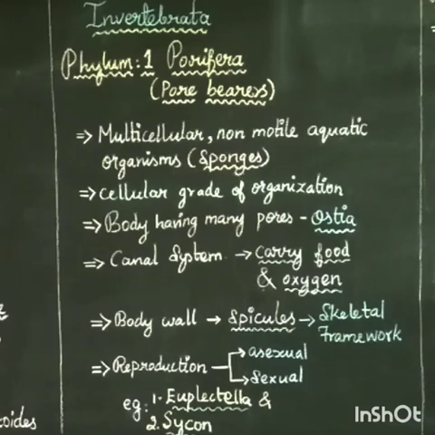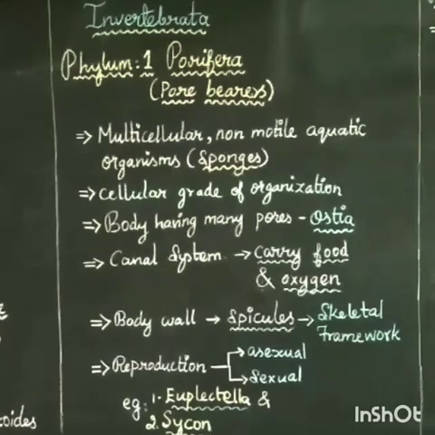We are going to see a clear, neat picture for this phylum Porifera. I will show a picture and explain it to you, then it will be clear for you. This is the picture of Euplectella. Let us see the surface, the minute pores are present. This is a picture of Cycon sponge. Here also pores are present.